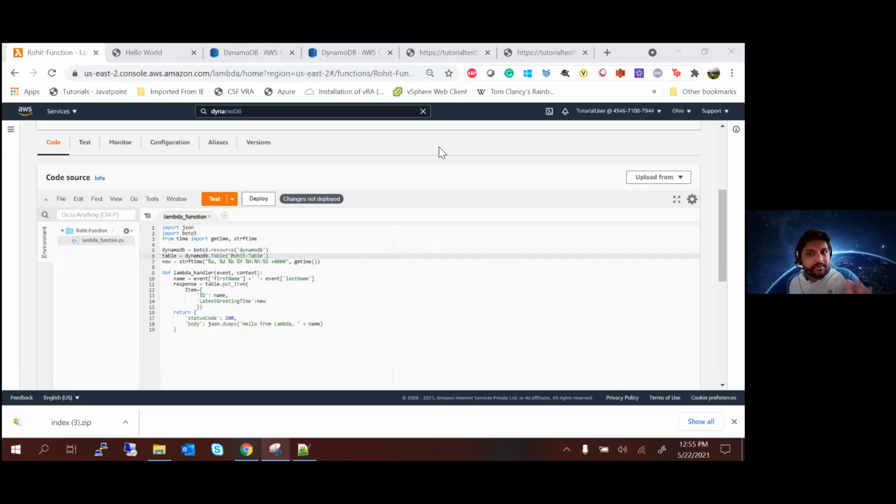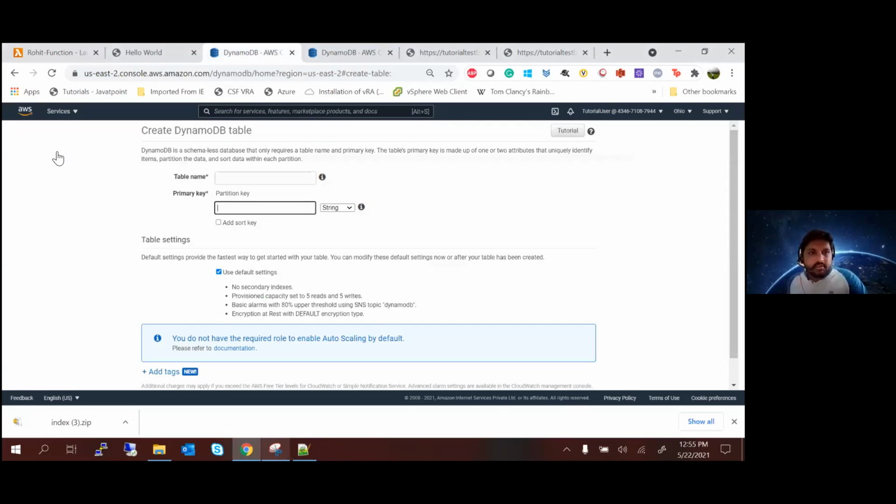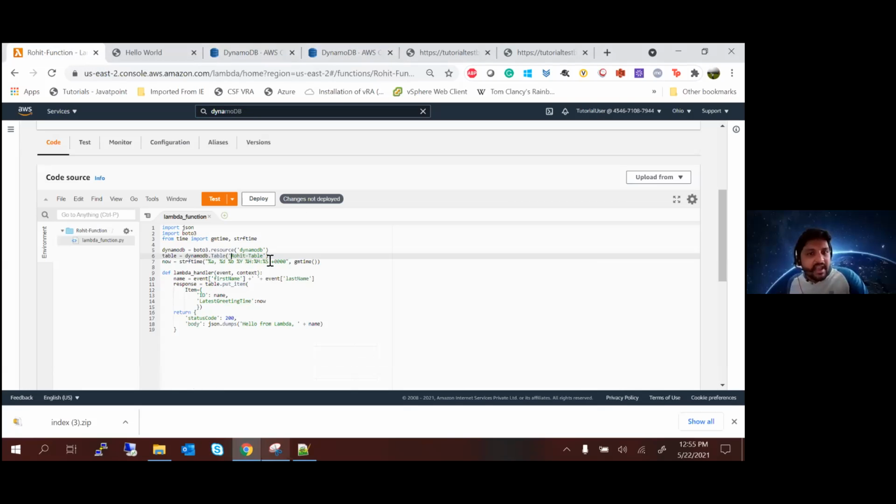Anybody who has any problems in the table? No, right? Do you remember the name of your tables? It should be your name hyphen table. Come back to Lambda, on line number 6, just write the name of your table here. You should see something called hello world database. Just delete that, and inside single quotes write the name of your table. It should look something like this.